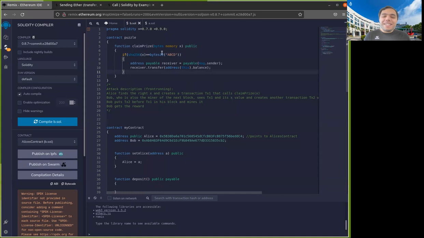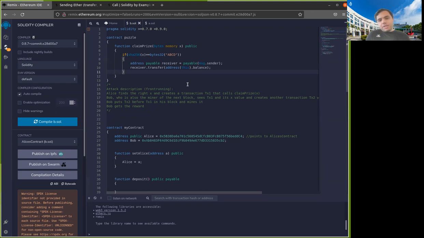is that they will just look at this transaction and see, okay, with this particular value of X, I can claim this price. So they can just steal your value of X and create another transaction in which they are the ones who are calling this claim price with this value X. And since this is done by the miner, they can just put their own transaction before yours, and they can get the prize money here. And this is why it's called front running, because the idea is that,